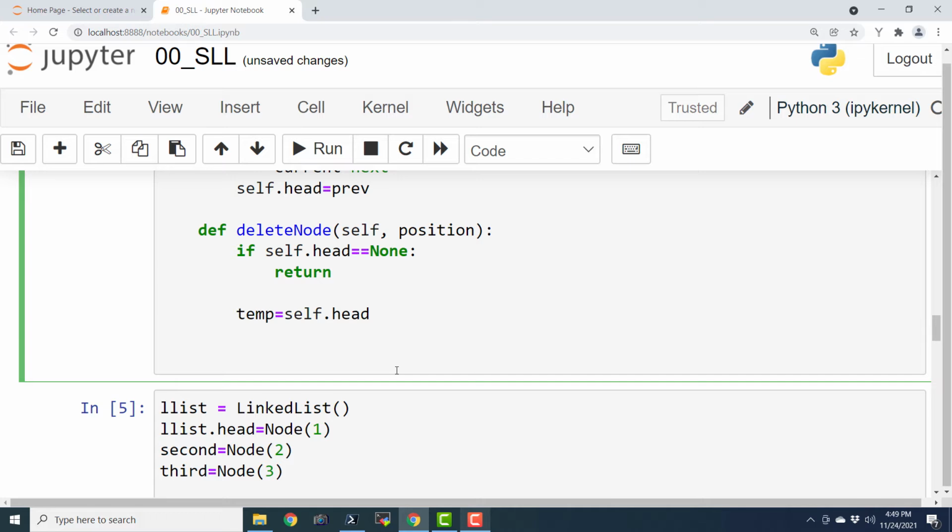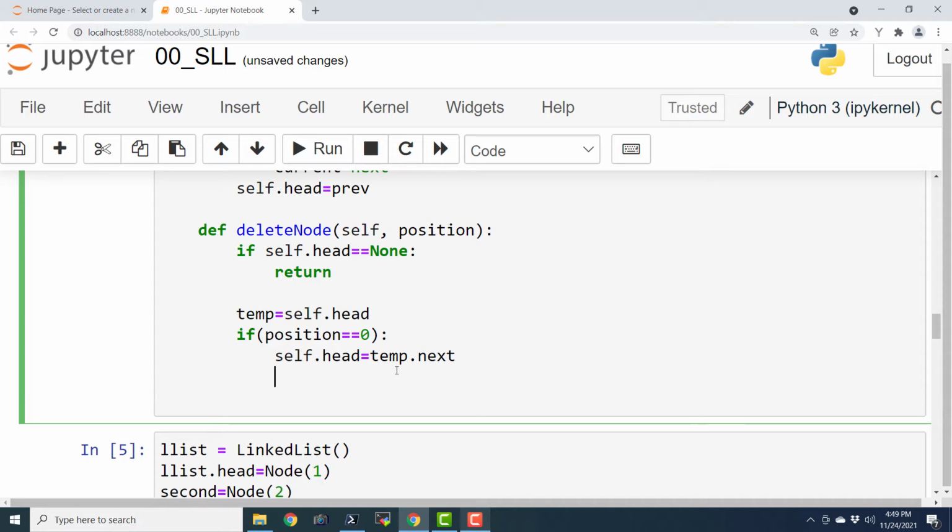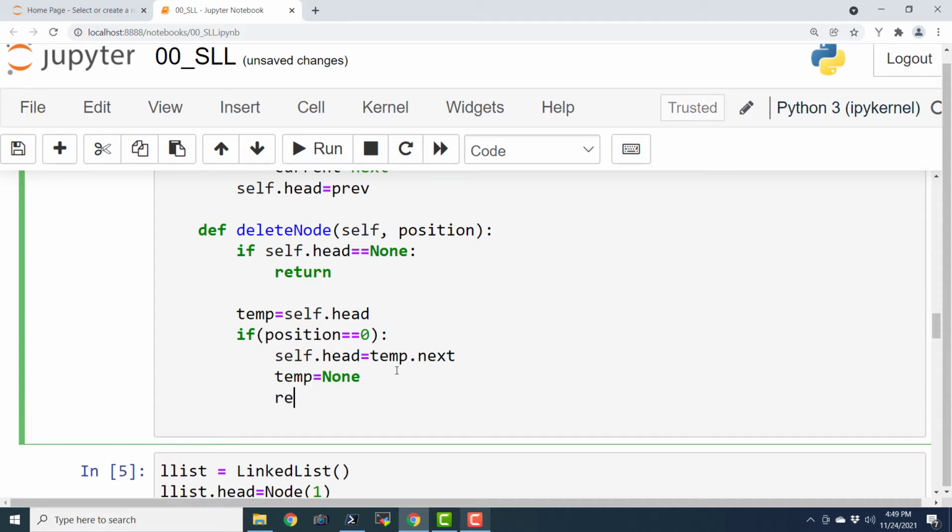Now if the head node is to be removed, we can check that with if position equals 0, then this is the logic. Let us say self.head equals temp.next and temp equals None, and finally return.